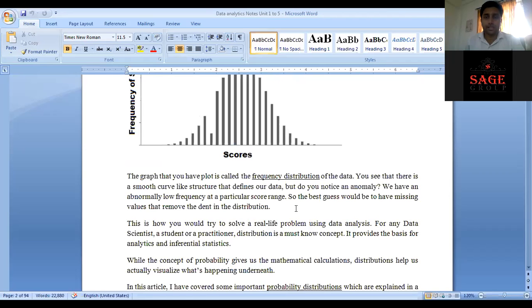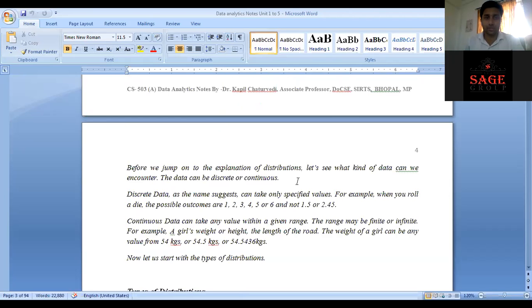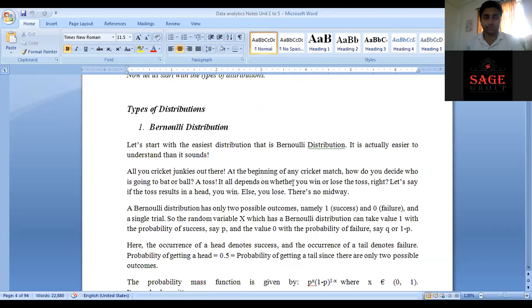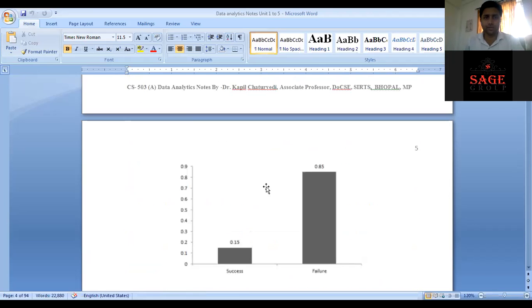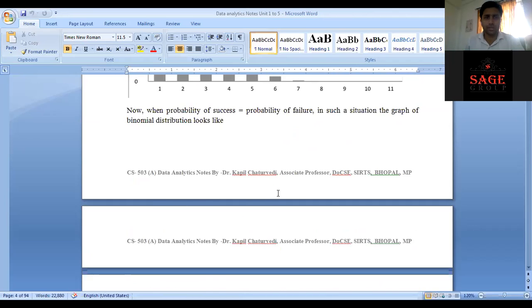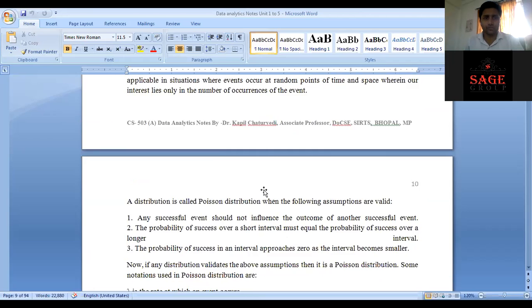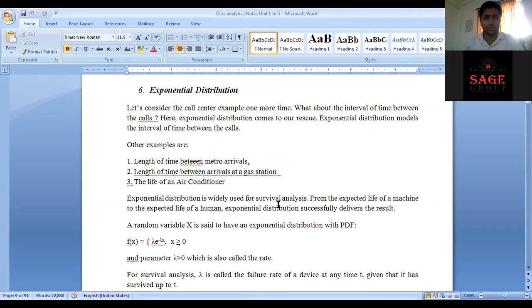There are many kinds of probability formulas available in probability. There is a variety of distributions: Bernoulli, uniform, binomial, normal, Poisson, and exponential distribution under the probability topic. Here we are giving the detail of all these kinds of probability distributions, and after that we have to see the topic